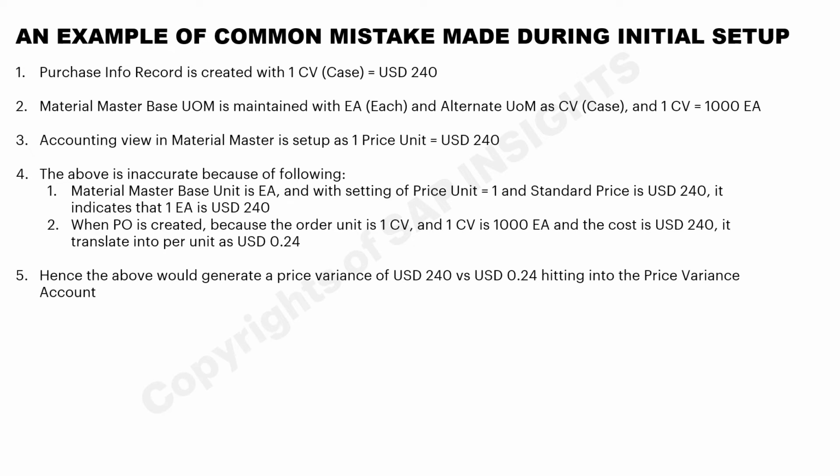Because the system detects that the standard price in the material master is different from the latest price in the purchase order, which translates into 0.24. And to avoid this price variance hitting the price variance account during the goods receipt step,